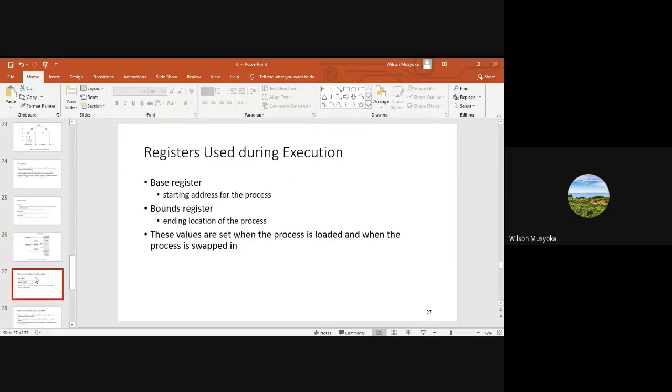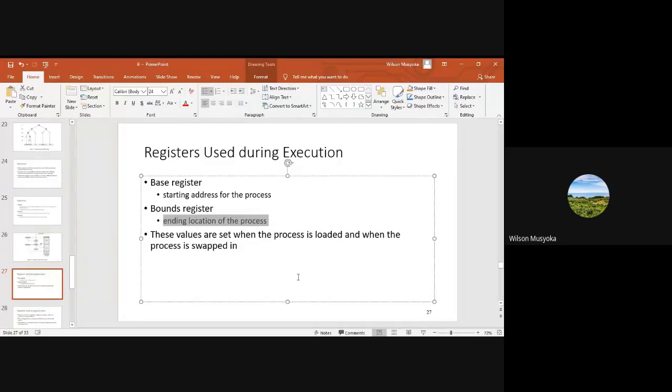So, how do we use these registers during execution? When we are talking about the base register, that is the starting address for a particular process. A bounds register is the ending location of the process, and these values are set when the process is loaded and when the process is swapped in. Because we have said there is the aspect of swapping in and out of memory depending on what is happening